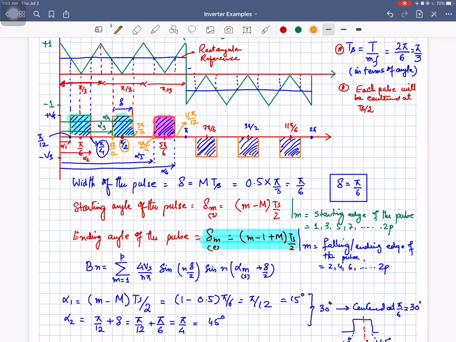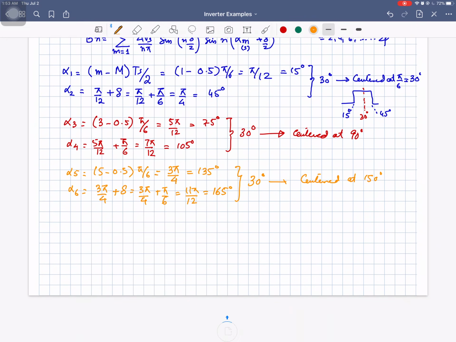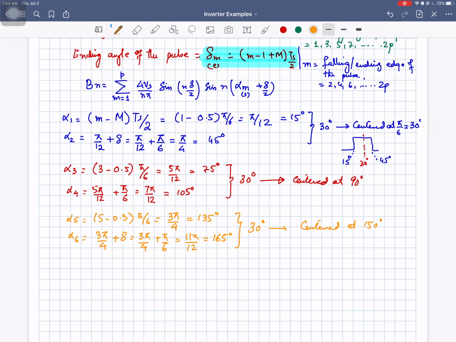Similarly, we can calculate all of these angles. This angle can be calculated, this angle can be calculated. Similarly, the angle of this edge and this edge can be calculated, and so on, by using these equations which are in front of you. These angles can also be calculated using another expression that we have also discussed in one of our previous videos,